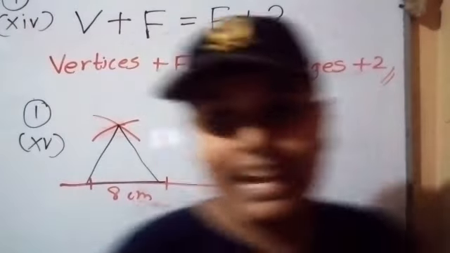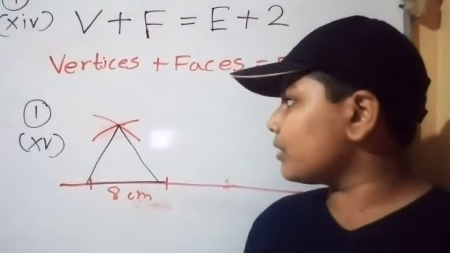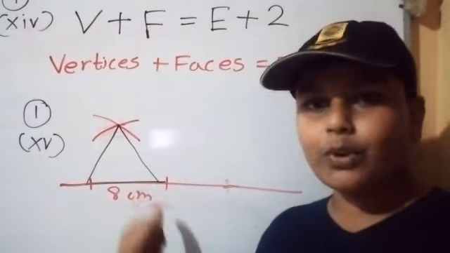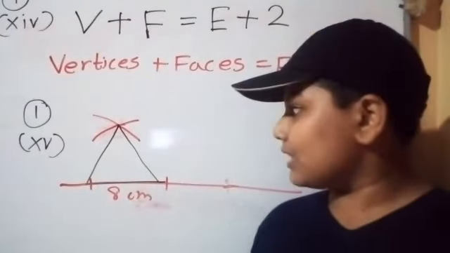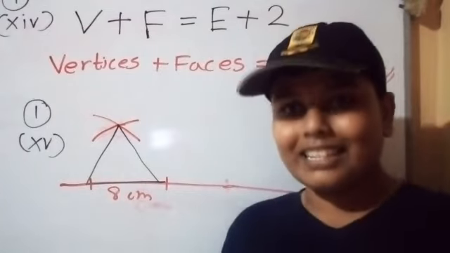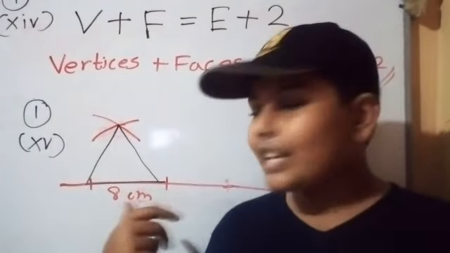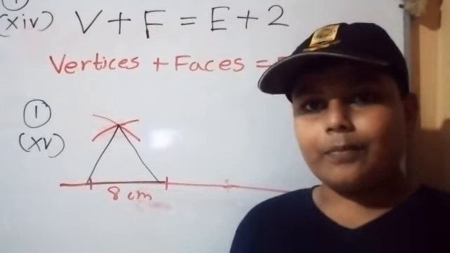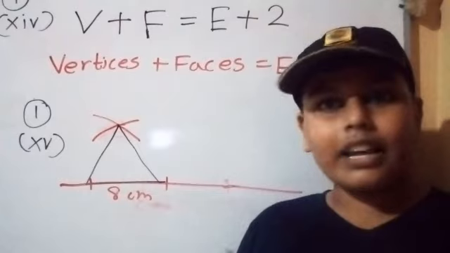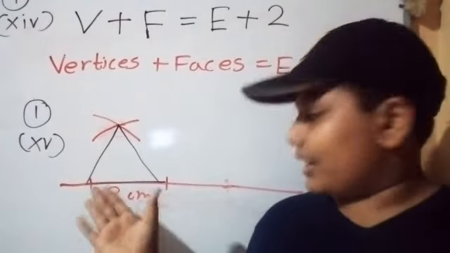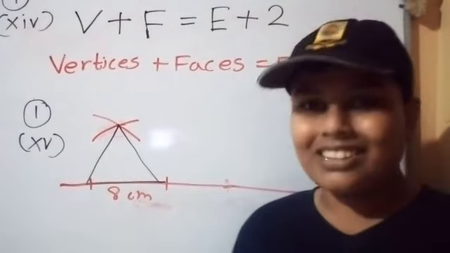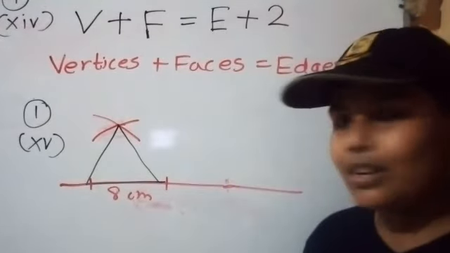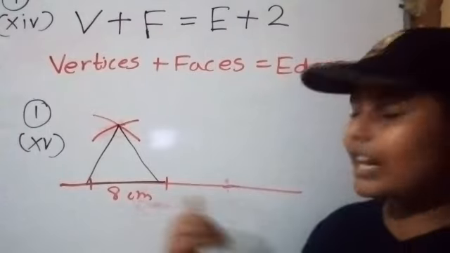I don't have the actual measurement in there. So you can draw like that. Draw an arc from both points, keep those points, and draw that equilateral triangle. I don't have the facility to draw, that is the reason I am not drawing like that. If I could draw that, I would draw. If you think I can't, then I would not give the methods. I can draw, but I don't have the facility to draw on the whiteboard. So that is the reason. You can draw using the method.